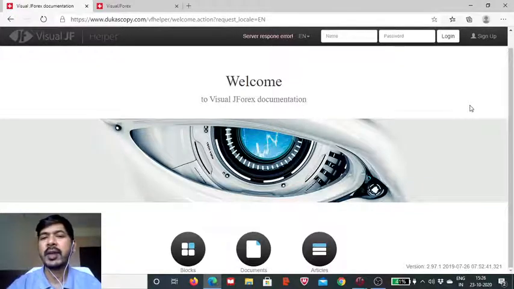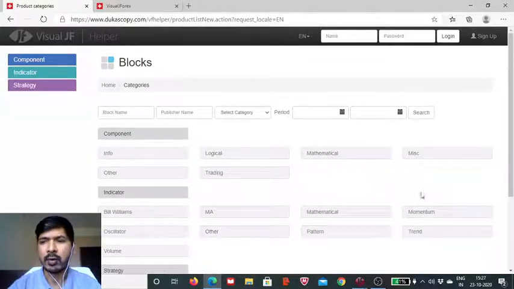Vaibhav. In today's session of Visual JForex, I will be demonstrating the use of the indicator named Laguerre ACS1. This indicator was developed in the late 2000s. It has been in use for more than 10 years, and it is one of the indicators developed by John